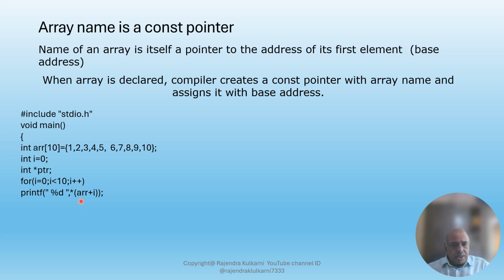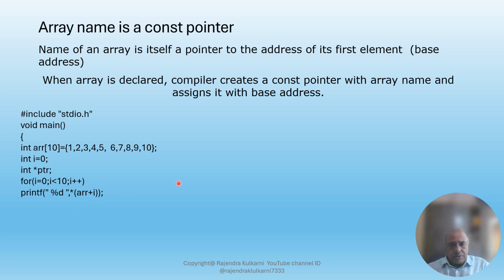When arr is assigned with the address of the 0th element, every time we add i, the value of arr doesn't change, but this arr plus i causes the whole expression to point to the